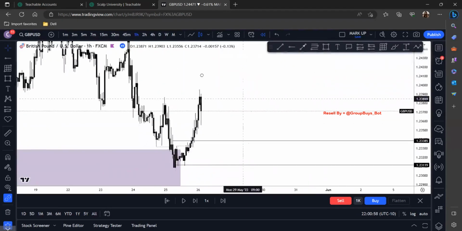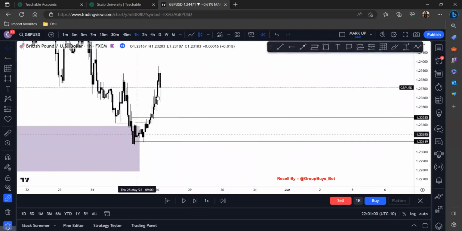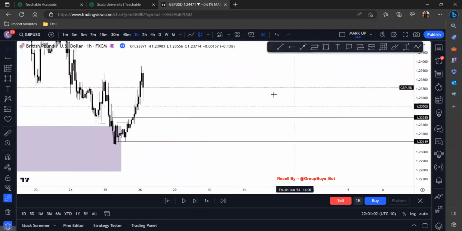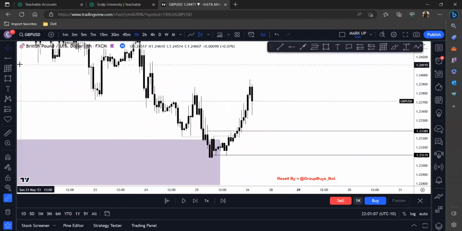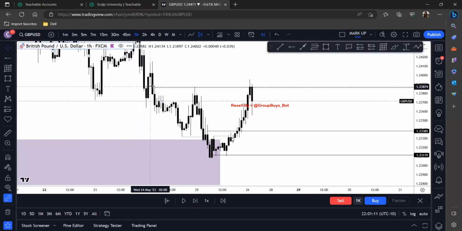Okay, but now we can see where we were in the 1 hour, right? Do you remember this structure? We were literally just talking about it in the last video, but it had just hit this area of liquidity right here. And another thing I want you guys to pay attention to is